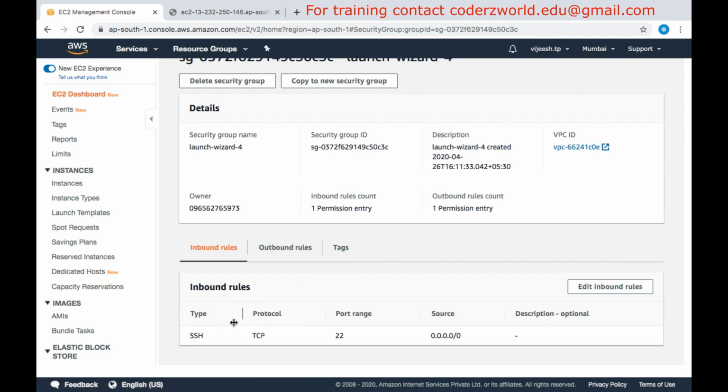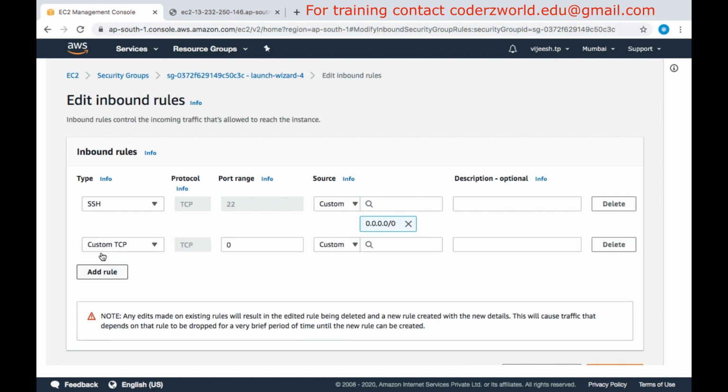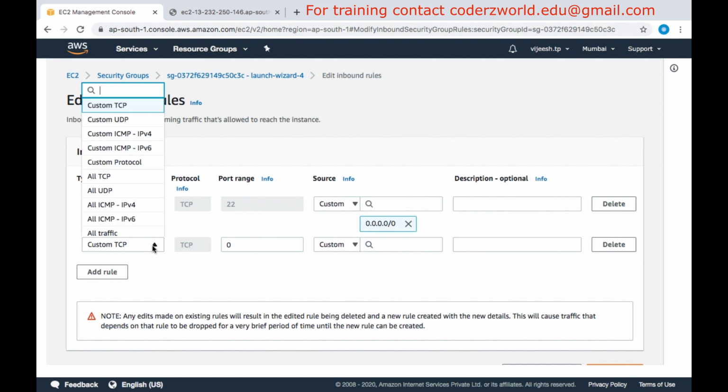Here we can see the inbound traffic allowed to this particular server. Edit inbound rules. Here we can add a rule. Here I am providing custom TCP. Here we can select what communication protocol we want to enable.